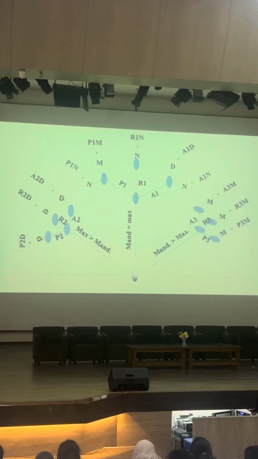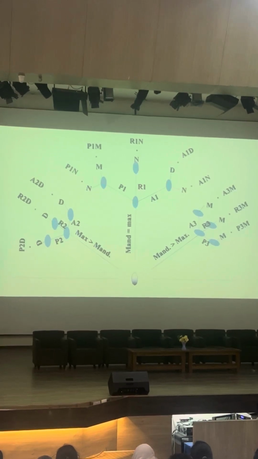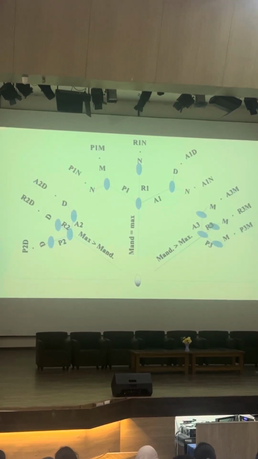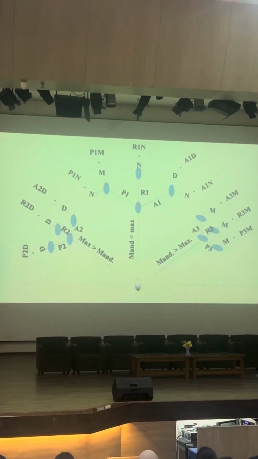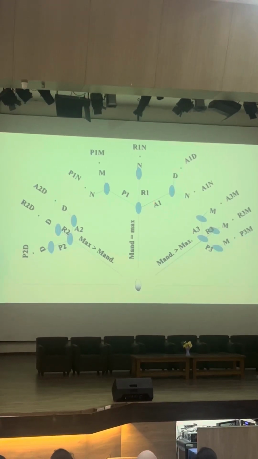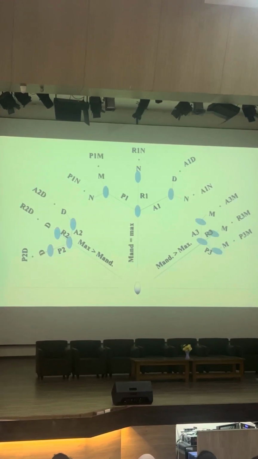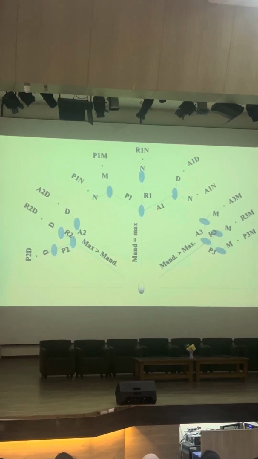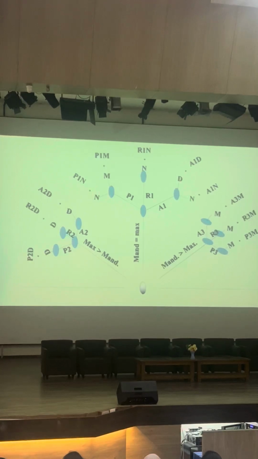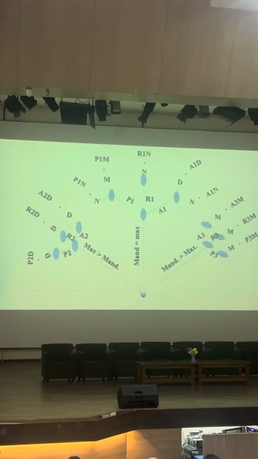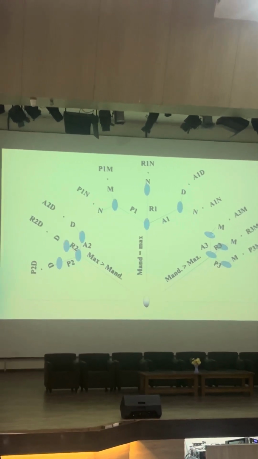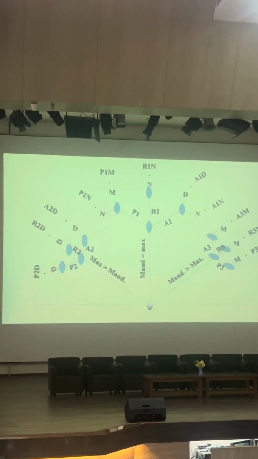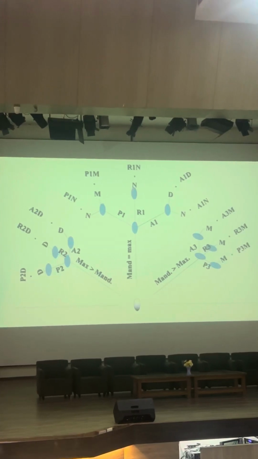If it is neutral rotation, then there will be neutral occlusion only, meaning normal occlusion only. R1N here. In this case, mandible and maxilla both are normal, but if there is anterior rotation, then there will be distal and neutral molar relation. So A1N and A1D. Likewise here, A3M, R3M, P3M, P2D, R2D, A2D.